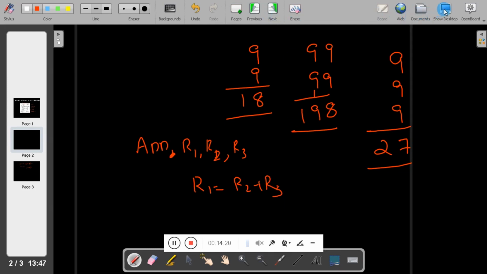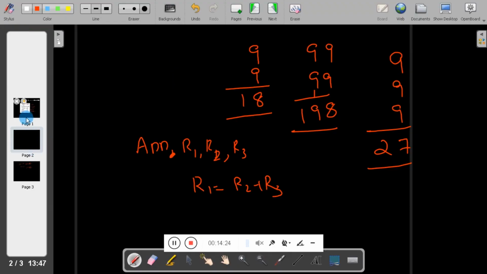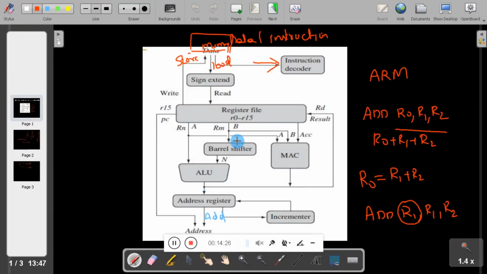So back to the diagram. Let us take this instruction, add R0, R1 and R2. The data for the 2 operands comes from R1 and R2, and that will be added in the arithmetic and logic unit, and the result will be stored once again in R0.